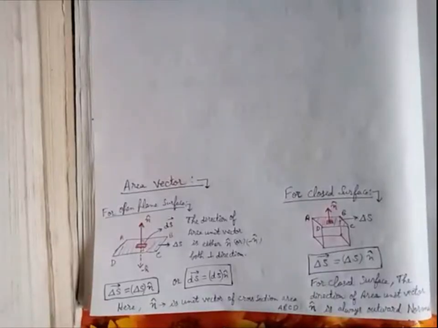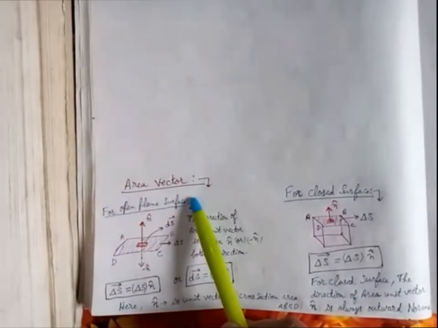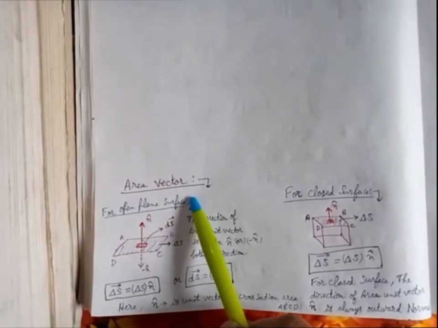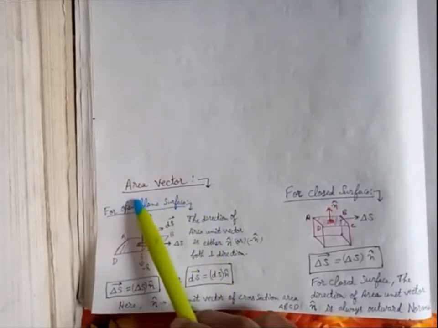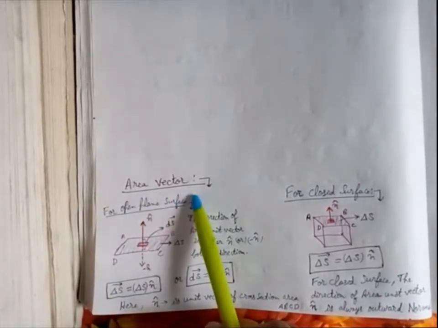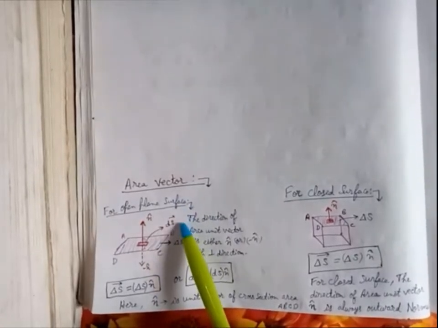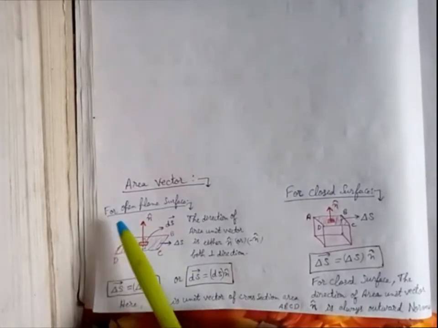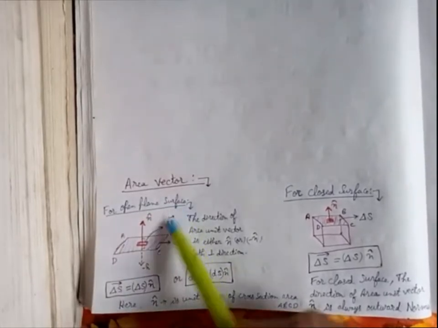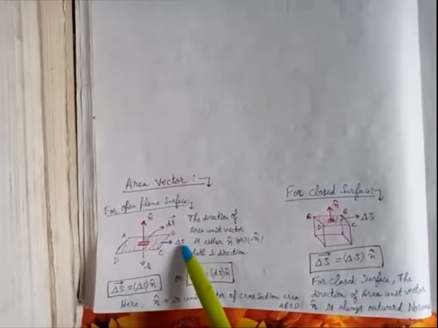Dear student, today I am starting the next topic, that is area vector. You have already known that area is a vector quantity. It is not a scalar quantity because it is the cross product of the length and the breadth. So if there is an open plane surface, like this ABCD, and this is delta S,